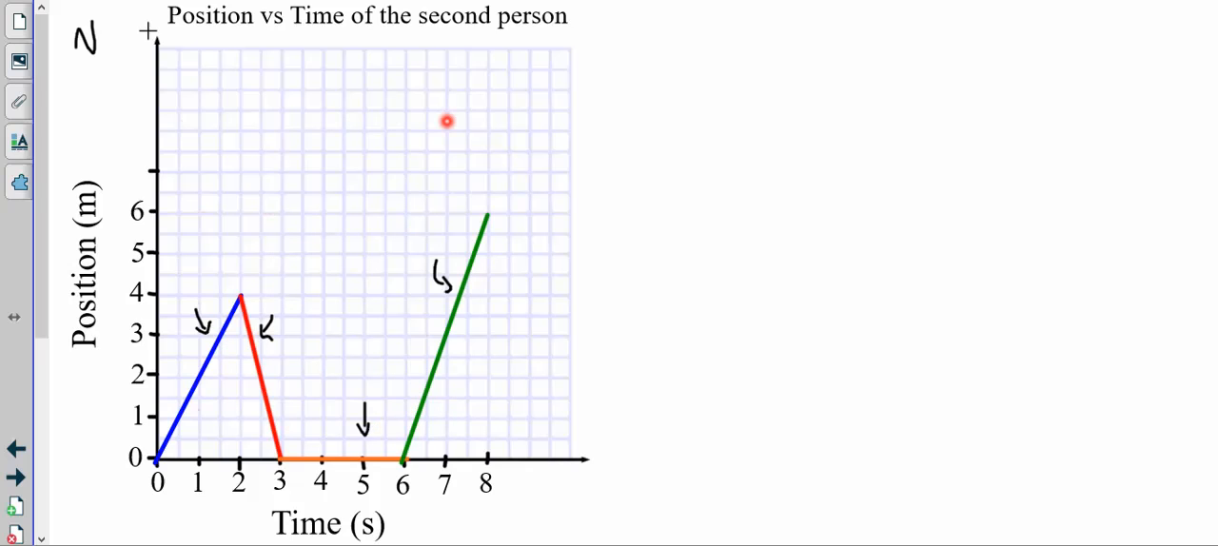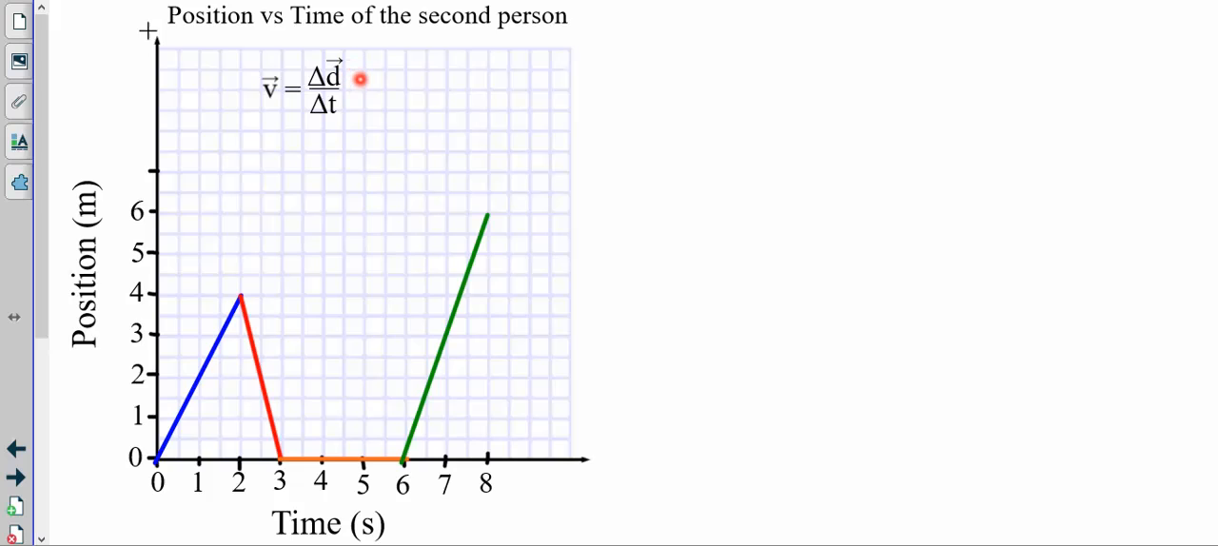So if I say calculate the velocity of this person's trip, you'd actually have to find the velocity for this blue line, the red line, the orange line, and the green line. And so that's what the rest of this video is going to be about. So if we look at the velocity once again, it is your slope,